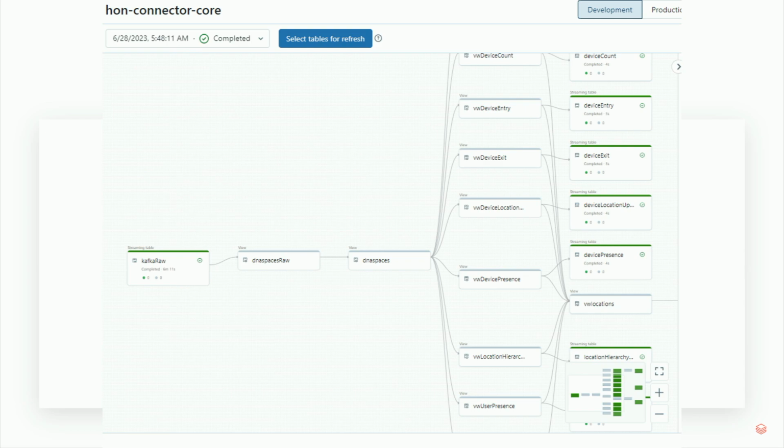So we get device location updates. That's physically like that red circle moving through space. Every significant movement, we would receive an event from that. And then